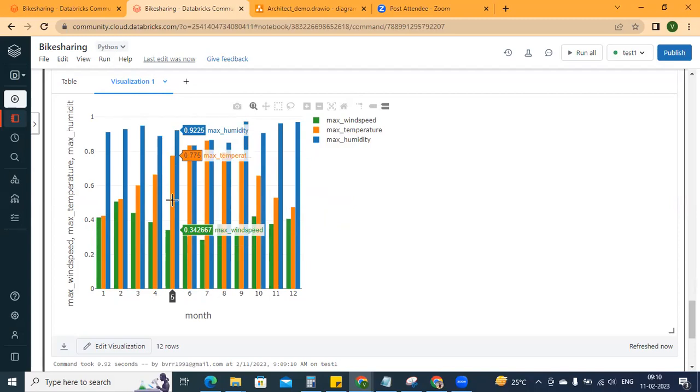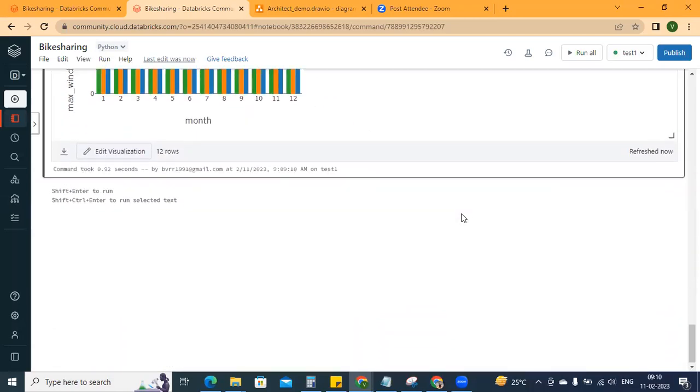Okay. And yeah, if you look at wind speed, see, you cannot ride a bike if you have a huge wind speed. I mean, when I say bike, I mean bicycle. So you try to avoid it whenever there is a maximum wind speed, because it will push you in the opposite direction if you are going against it. So it's better to avoid bike riding in February if you are taking out a bicycle.